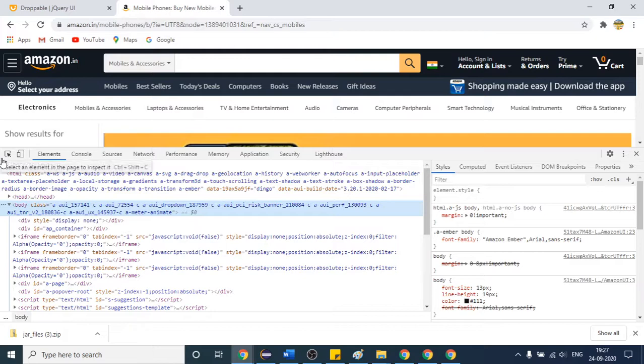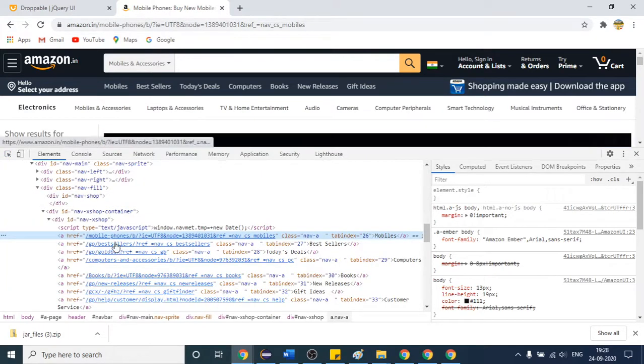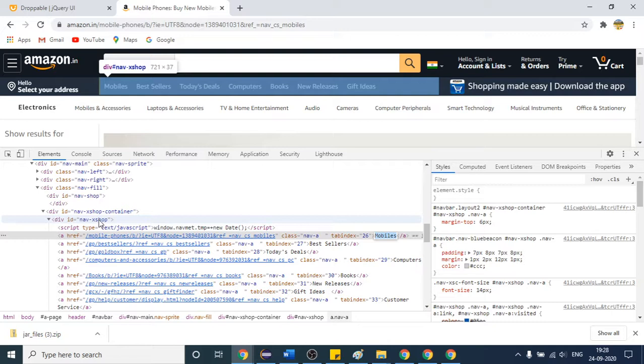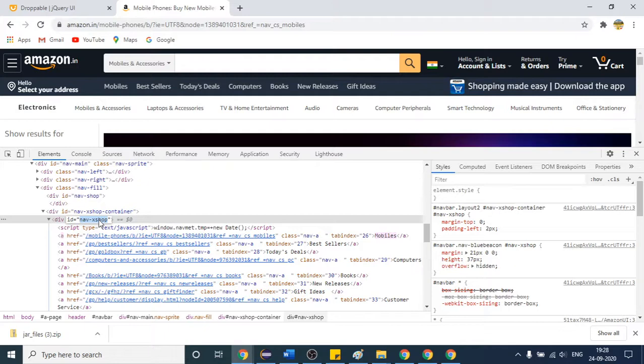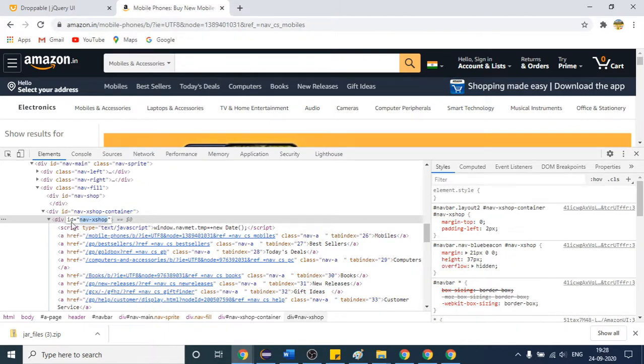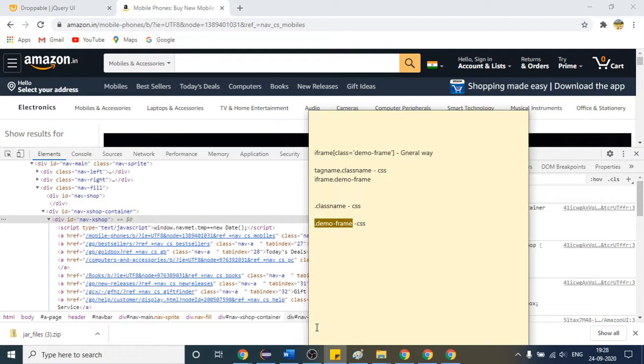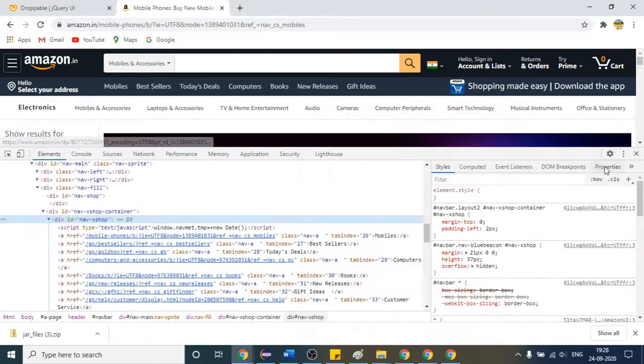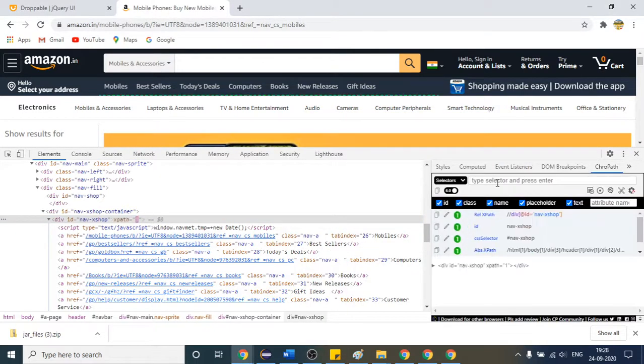So the website has loaded completely. Here is the mobile text. This is the mobile's text present here, right? If I have to fetch the text, first I have to write the XPath, or CSS or any other locator. I will go with the absolute XPath this time. First write the relative XPath for this one. Let me remove this, and then I will simply write div at the rate id. What is the id? This is the id. To check the correct XPath, come here, press Ctrl+F, and hit enter.